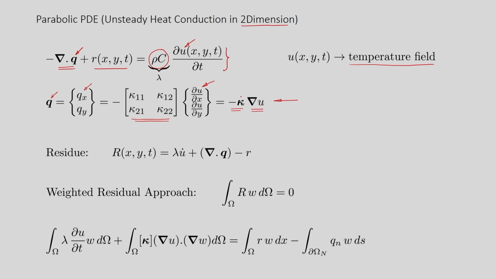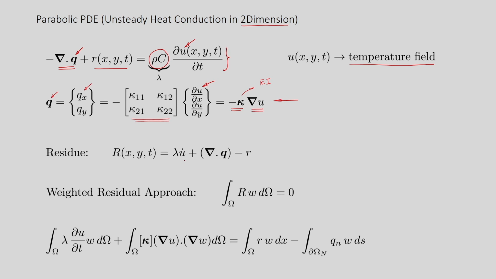Now, in an isotropic material, as I said earlier, kappa is basically the conductivity, which is a scalar, say k bar, times the identity matrix. So, in that case kappa times the gradient of u becomes k bar times the gradient of u. Now, let us keep the heat flux vector as it is. Now, what will we do?